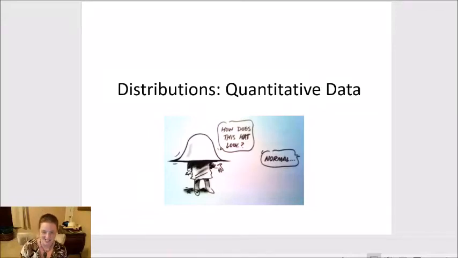Well, welcome back, statistics scholars, and we are moving on to our next topic, a topic called distributions. The purpose of this lecture is to sort of wrap our head around the ways in which we can visually summarize our data and really ask this question: where are the people? And for the purposes of today's discussion, we're really going to focus only on quantitative data, quantitative variables, where when